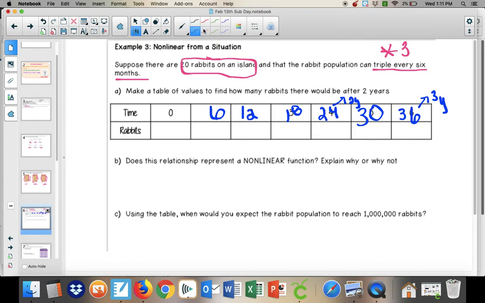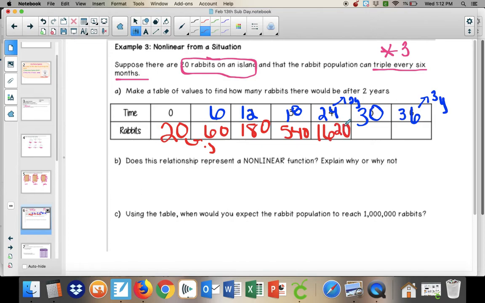So if I look through these, at 0, we started with 20 rabbits. So that's our starting piece. Now if they triple, we are going to multiply every time by 3. So 20, I am going to multiply by 3, and I get 60. So after 6 months, we're at 60 rabbits. When I multiply that by 3, we're at 180. When I multiply 180 by 3, I get 540. When I multiply that by 3, I get